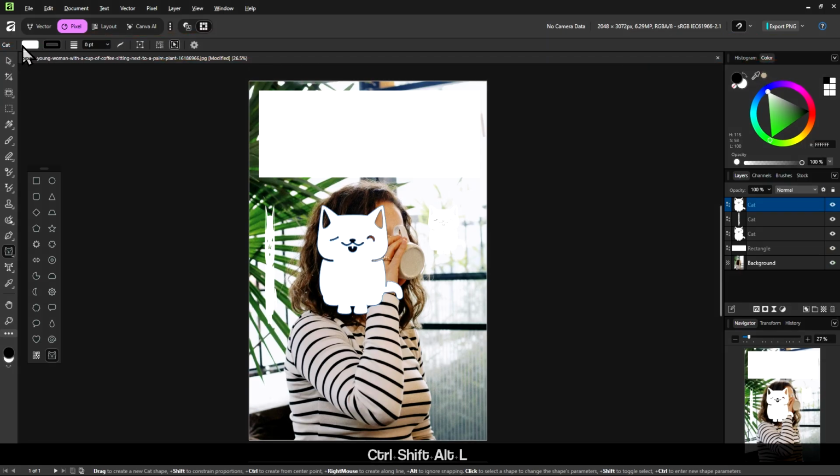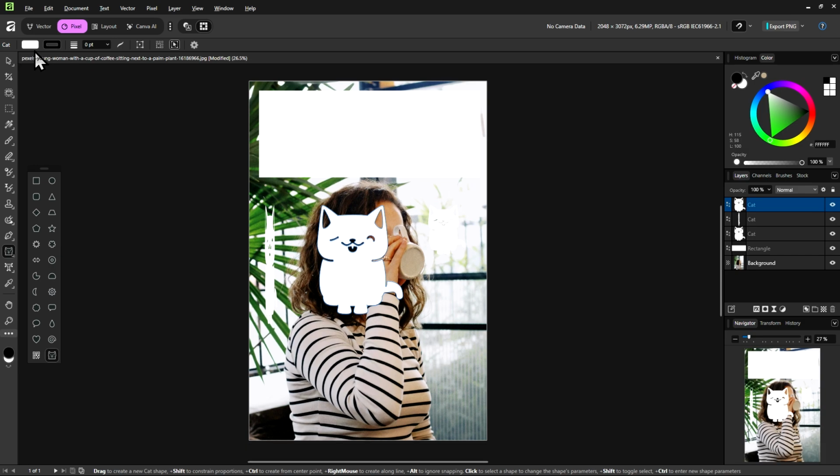This bar gives you the settings of the tool that you currently have selected, which in my case is the cat tool. It's giving me the settings, including this white color, that any cat that I make will be.